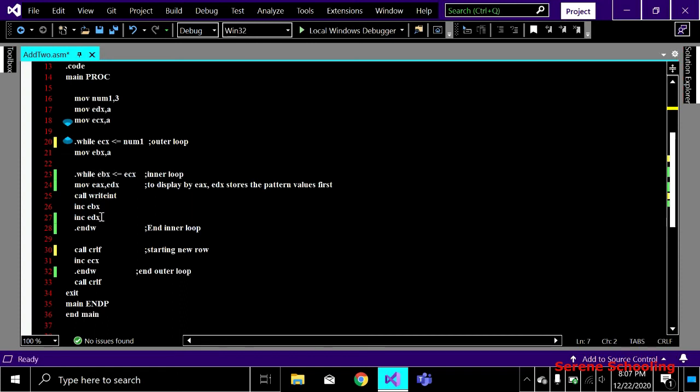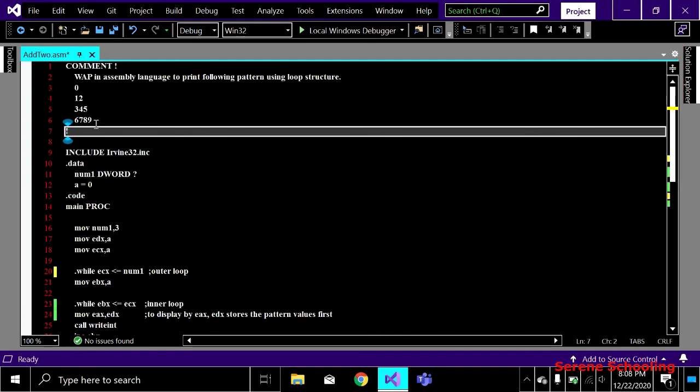Why incrementing EDX? This is mainly important because we know ESI is my row register, EBX is my column register, but EDX, what is this? And we know EAX is basically used to print that value on the screen. But EDX is important because EDX contains the value that we are going to print. Like here you can see this 6 is printed, so it is basically firstly stored in EDX.